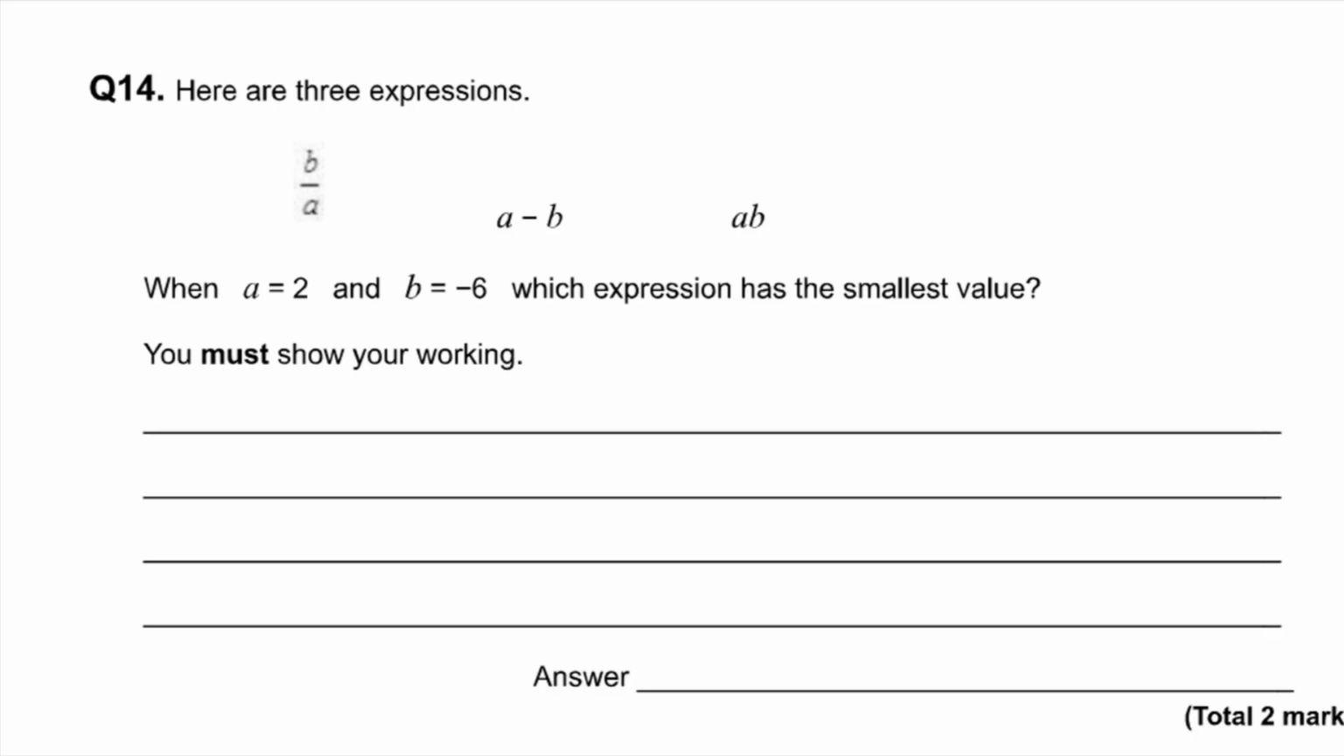Okay, well, if A is 2, it's going here, it's going here, and it's going here. And if B is minus 6, it's going here, it's going here, it's going here. Let's work out the value of those 3 expressions then. So B over A, that's going to be negative 6 divided by 2, subbing in for A and B. Minus 6 divided by 2, 6 divided by 2 is 3, minus 6 divided by 2 is minus 3, so